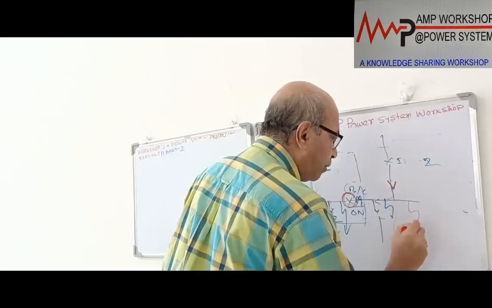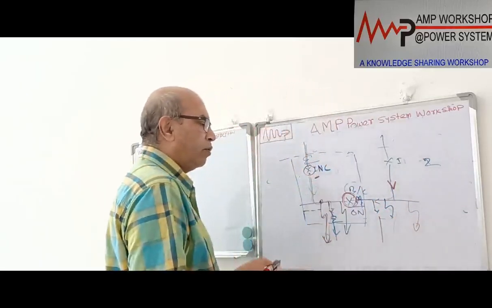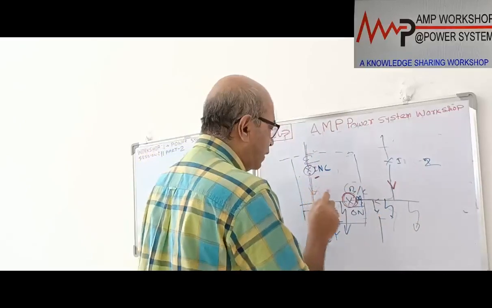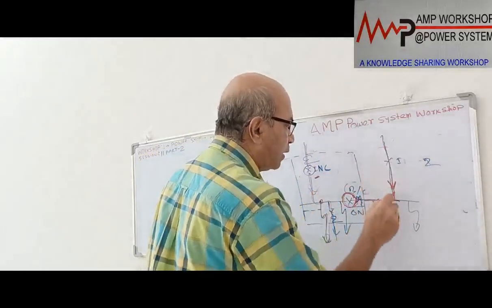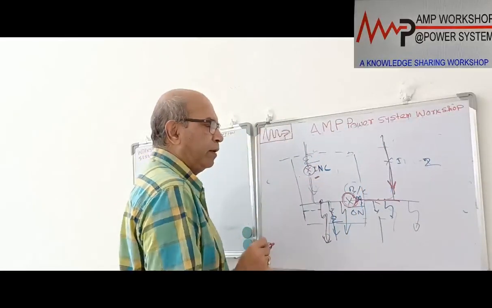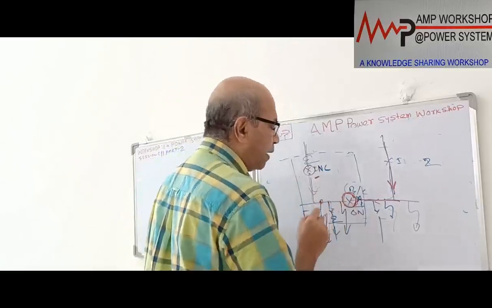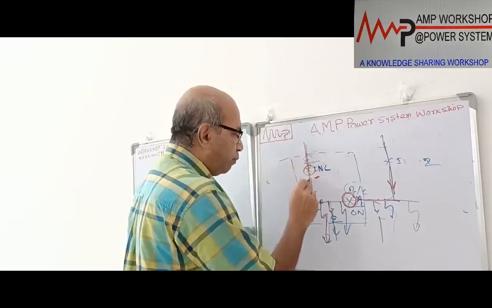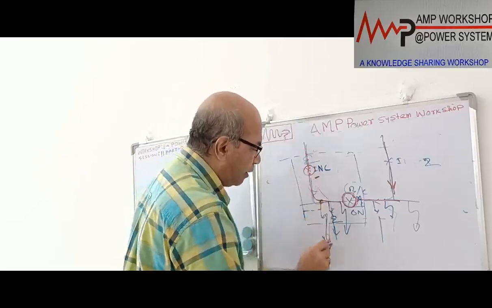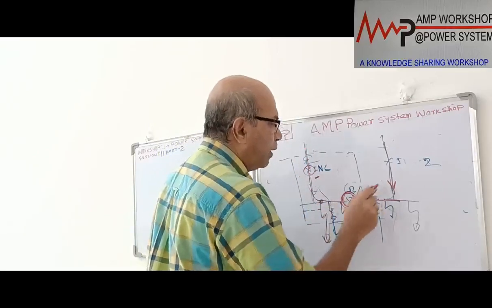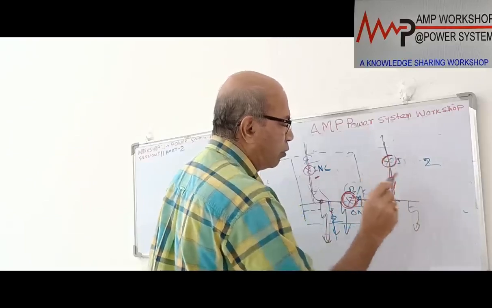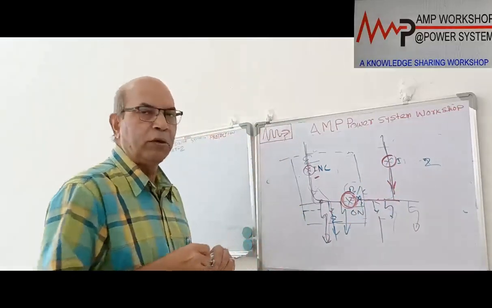And if the fault is over here, it will be the reverse way. In that case, the fault is fed from this side through the bus coupler, and this incomer is also feeding the fault. So both incomers are feeding the fault. The first job is to isolate this bus coupler so that this fault feeding will be stopped and this current will feed the normal load. The bus coupler will open, then this incomer will be off and the fault will be cleared. So this is the way it will operate.